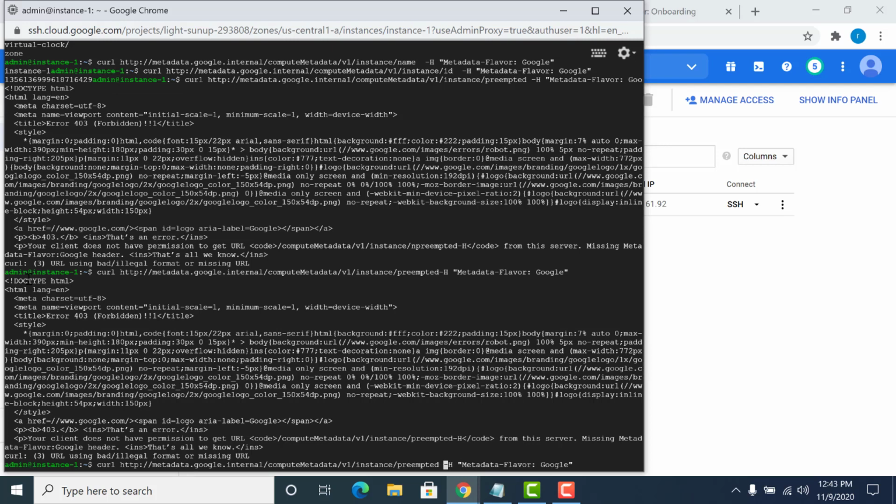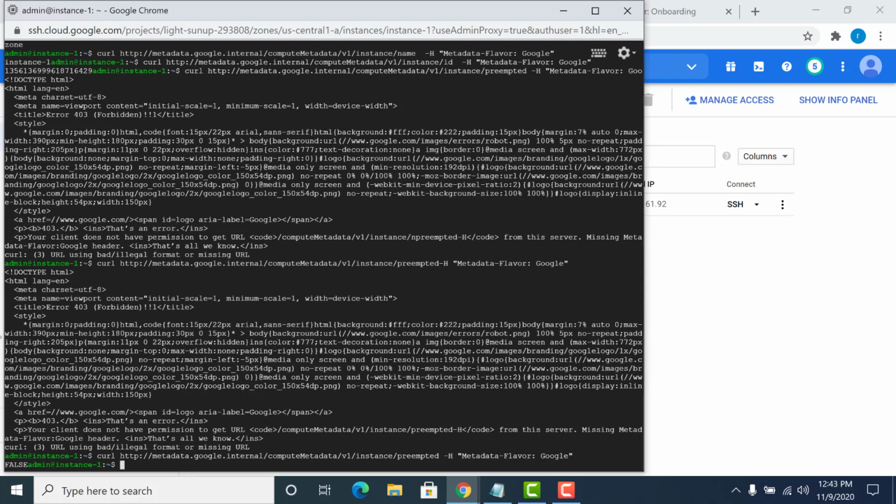I think I need to give a space here. It says false. What that means is that this instance has not been preempted, or it's not a preemptible instance.